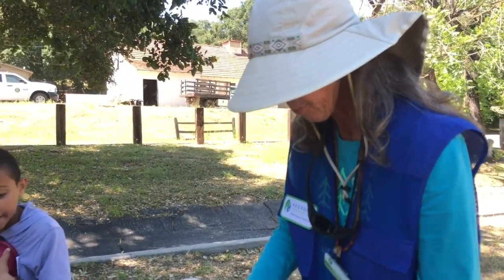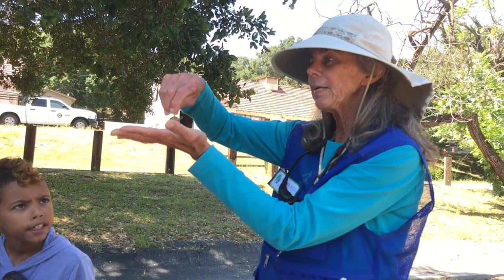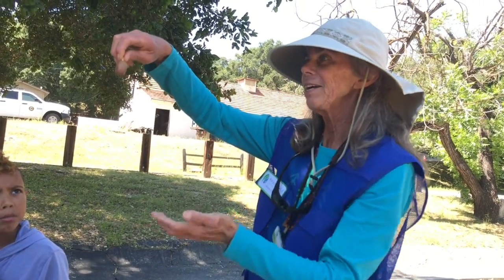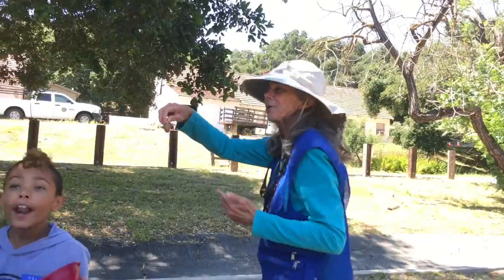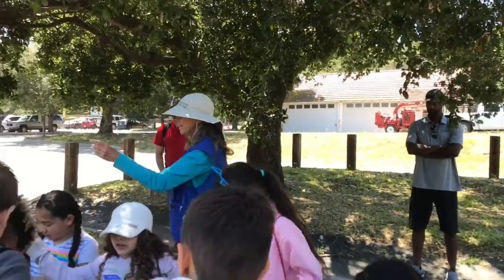An acorn. So they had time to play games. Their dreidel or their spinning top was made out of an acorn and a little